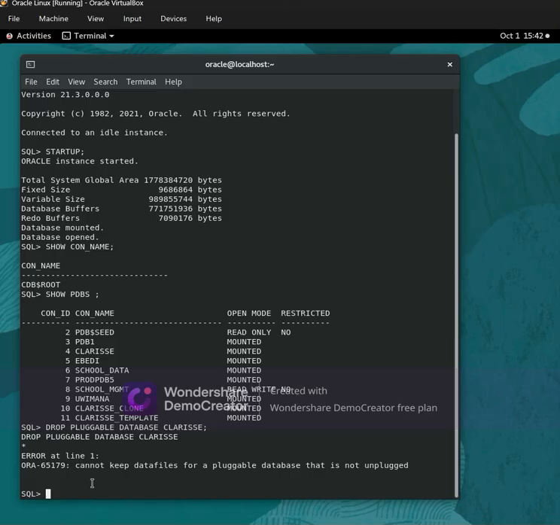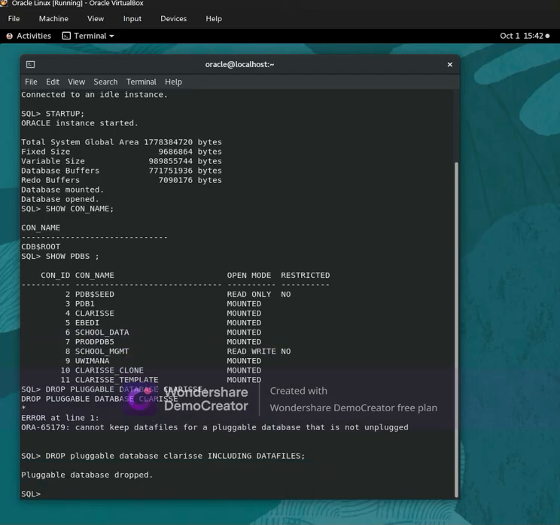We write drop pluggable database Clarisse, including all files about that database, including data files. Wait, pluggable database